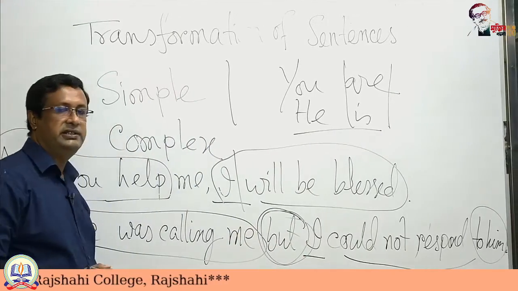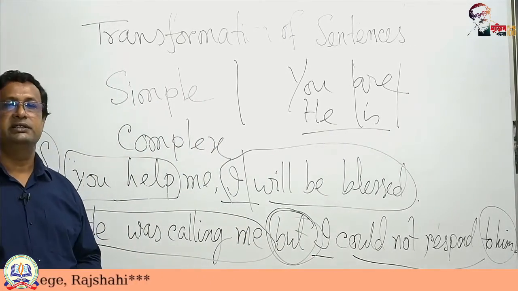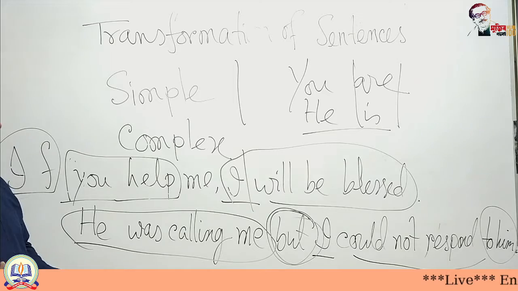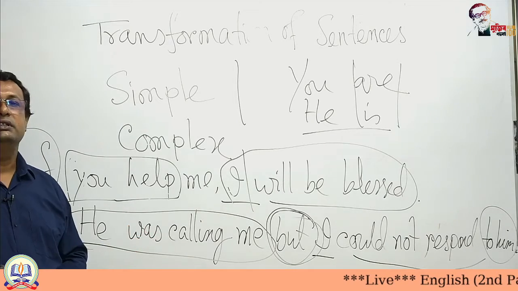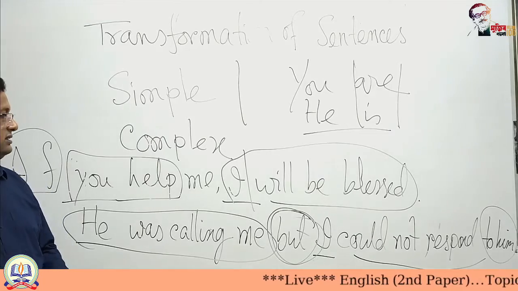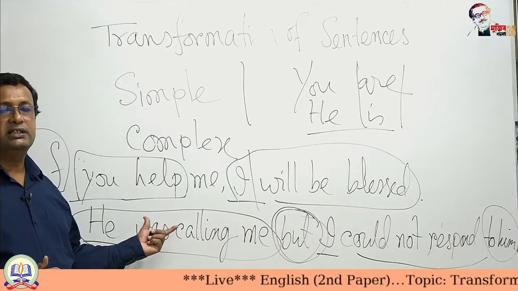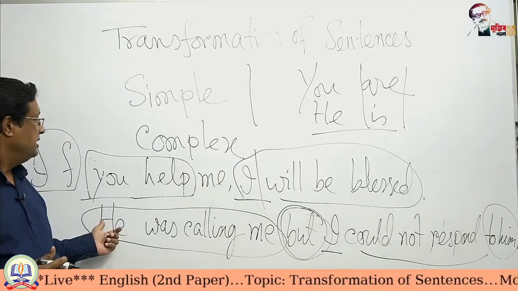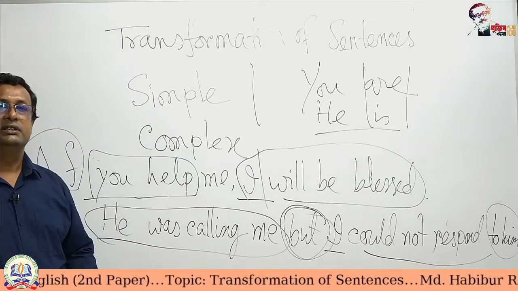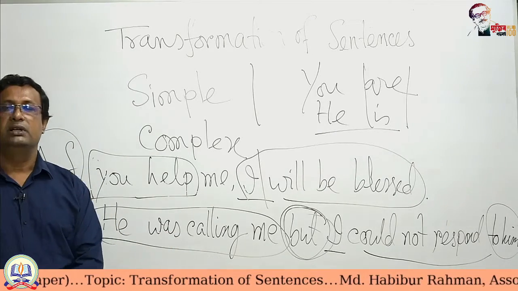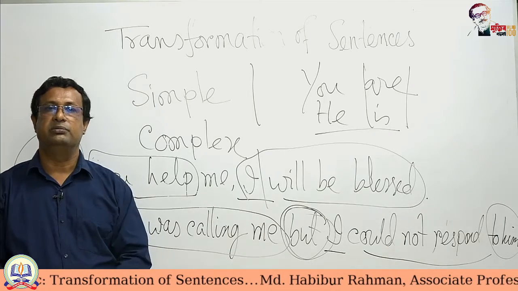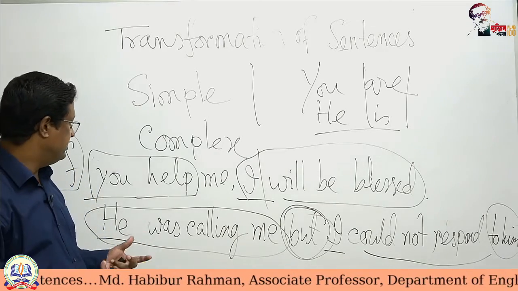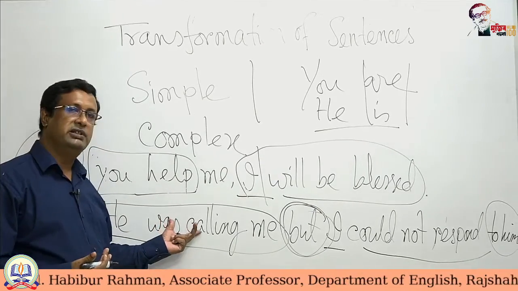Is it a complex sentence? No, this is not a complex sentence. This is a compound sentence. Why a compound sentence? Because here every clause is independent. That is, it is self-sufficient. It does not depend for its clear meaning on another part. He was calling me. Okay, the idea is clear. Someone was calling me. My friend was calling me. So what? The expression is clear, the expression is full. That is why this is an independent clause.